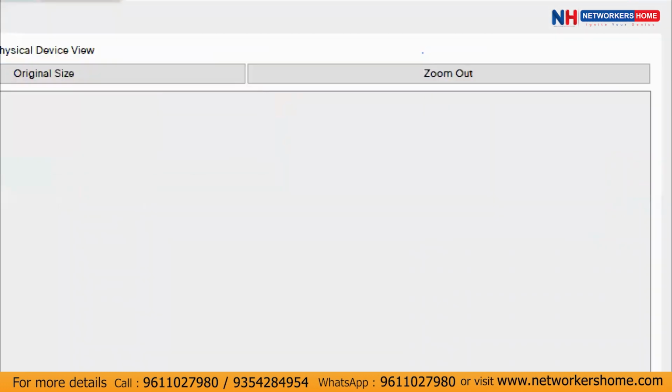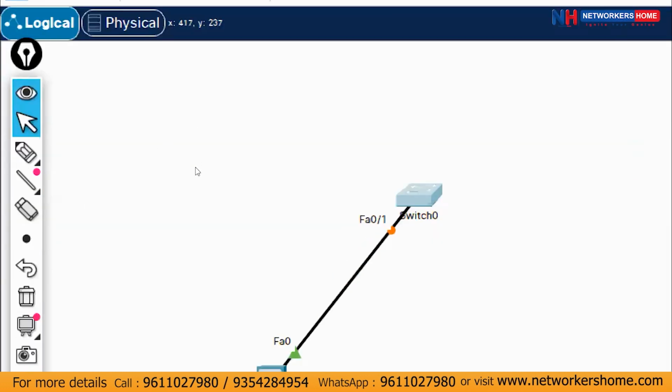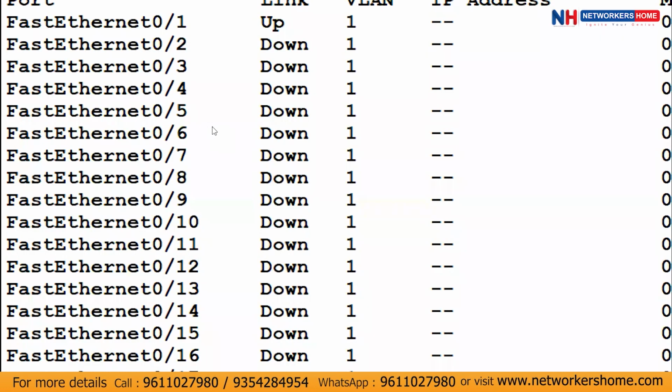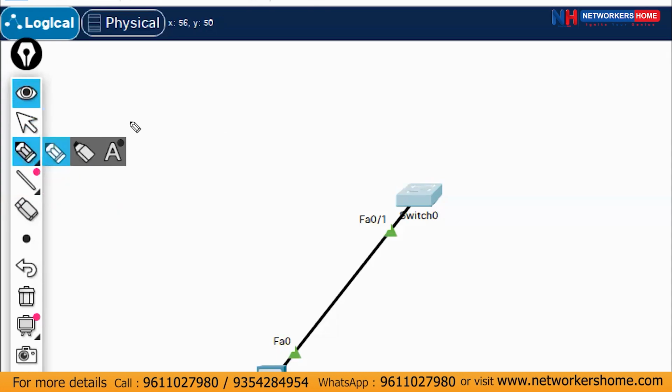Okay, so if you just take it, it's still yellow or orange, amber color. Now only it has become up. It will take some time to become forwarding state. It may take 30 seconds or something. So why? Because they'll be running spanning tree. They'll be sending certain BPDUs, and if at all they didn't find another switch or if they don't have any block ports, they